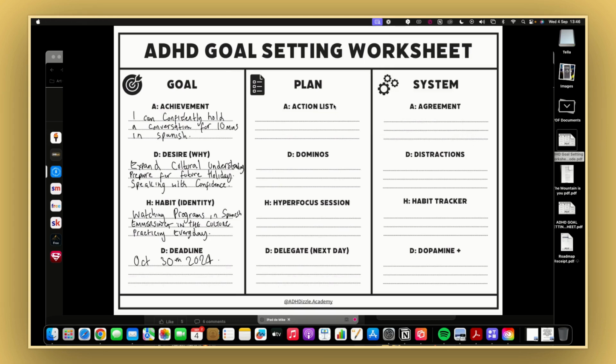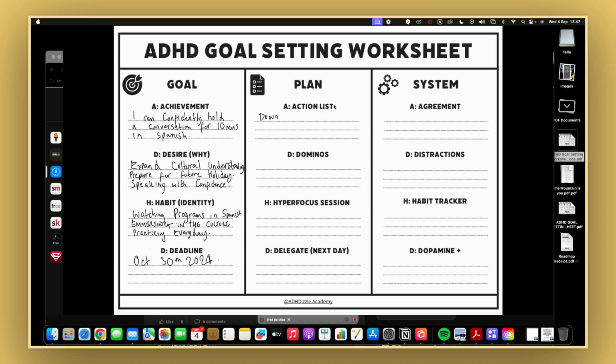Let's see. So maybe an action would be to research. You're just going to write down everything, right? So if you think about all the things that are potentially going to get you there, so you need to download an app. What I'd suggest is just turning the page around. If there's loads of actions that will take you to where you need to get to, you'd obviously have to turn the page over and just brainstorm all these ideas.